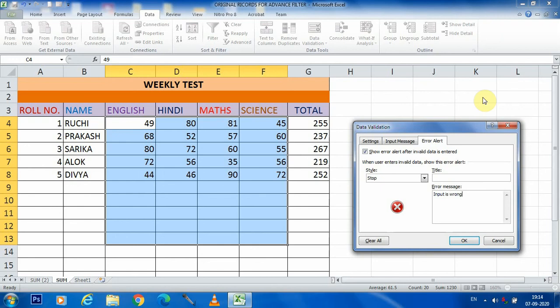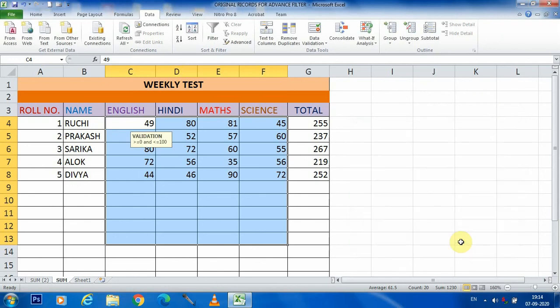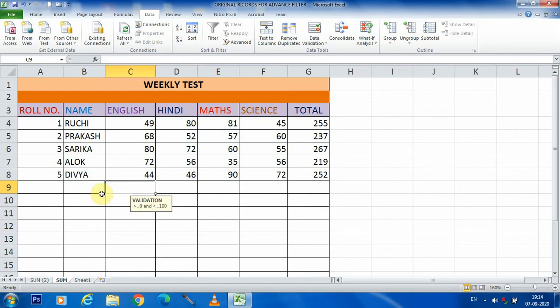Okay students, after that click OK. Now you can see that in the remaining cells this data validation feature is applied.